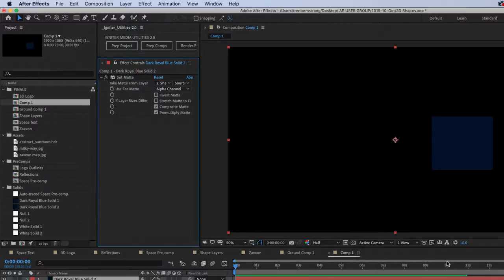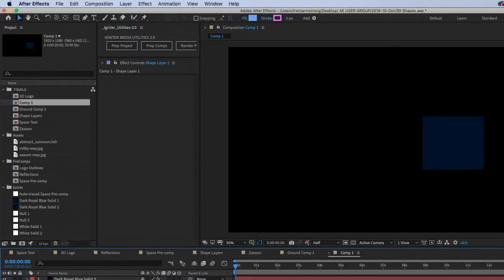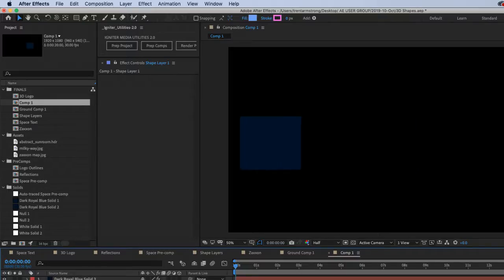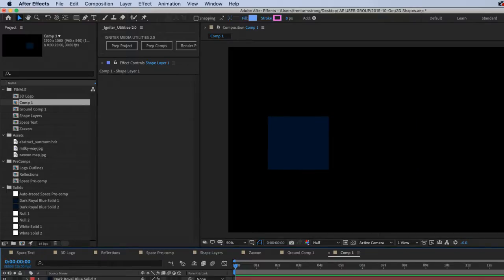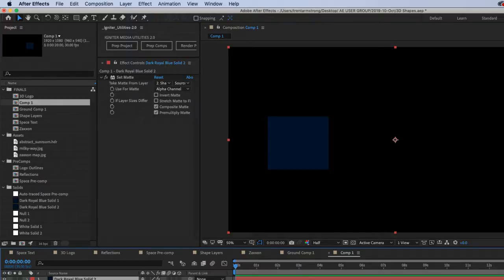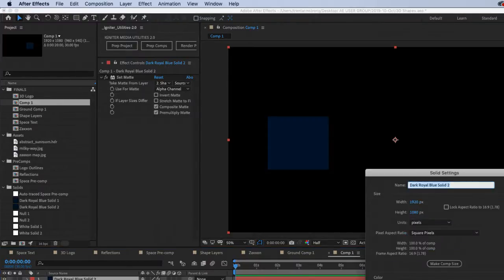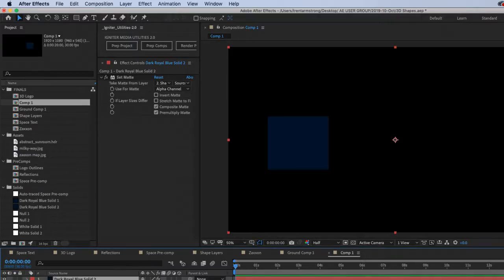If I make comp size, then the shape layer cuts out based on the fact that they are equal, meaning that the solid is 1920 by 1080, and the boundaries of the composition are 1920 by 1080.